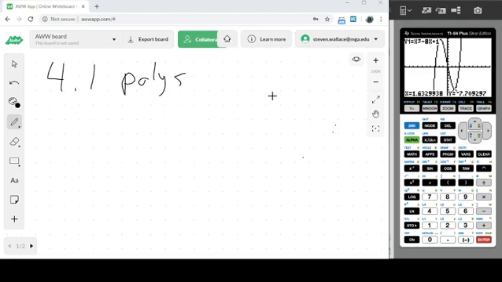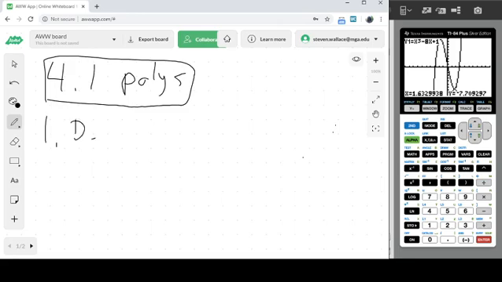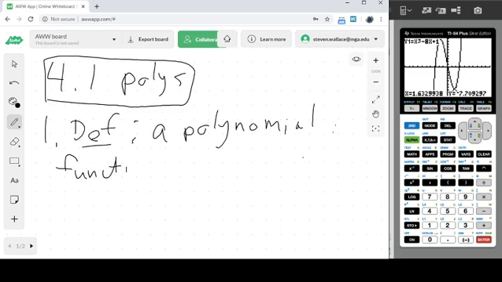All right, so polynomials. I'm also writing with my finger here, so bear with me. So what's a polynomial? Definition. A polynomial function is of the form